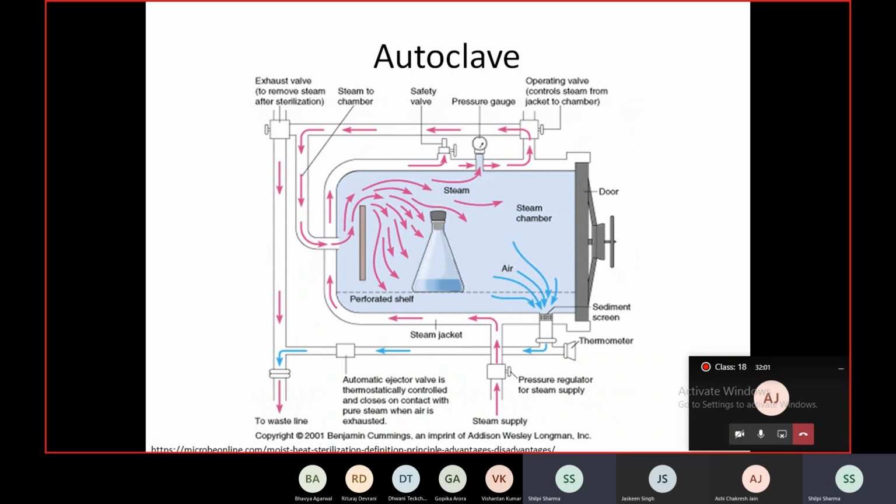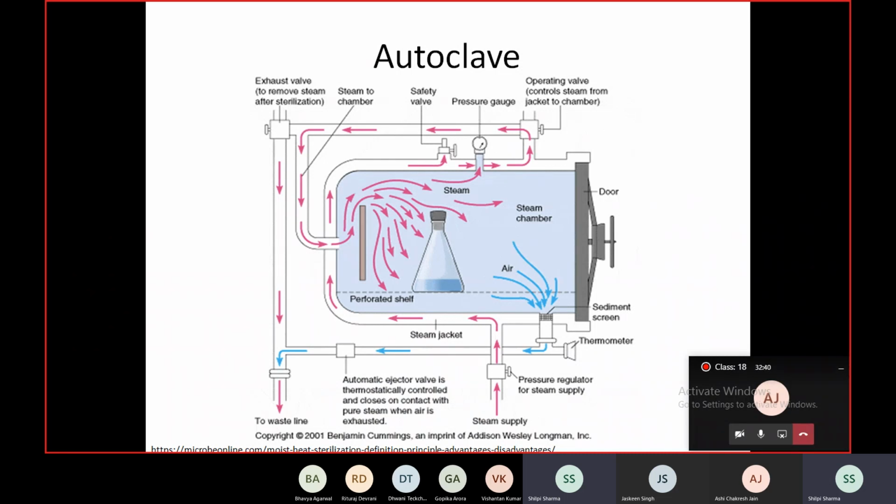To monitor the effectiveness of steam sterilization, spores of the obligate thermophile Geobacillus stearothermophilus are used as indicators. So what is done is an envelope with the spores is placed inside the autoclave when performing the run, and after the cycle is over, the spores are inoculated and incubated. So it's a biological indicator. If there is no growth, it means proper sterilization has taken place. And this is, if not with every run, done on a regular basis to check the efficiency of the autoclave, maybe on a monthly basis or something.